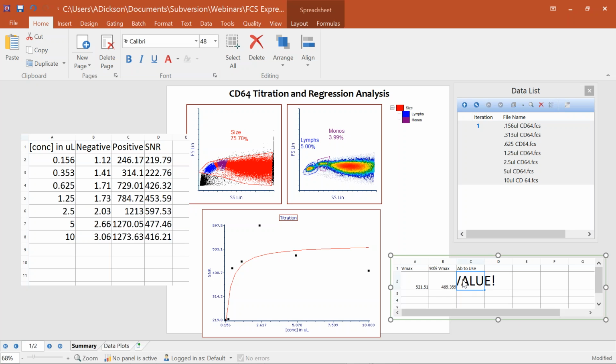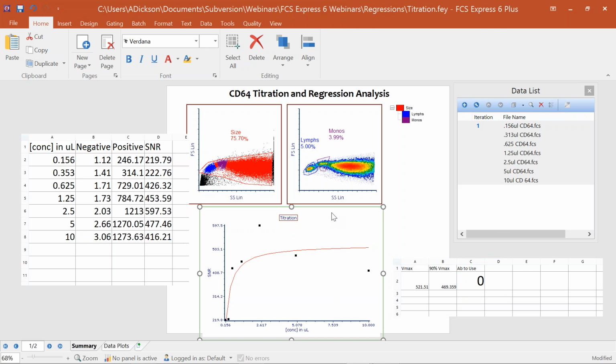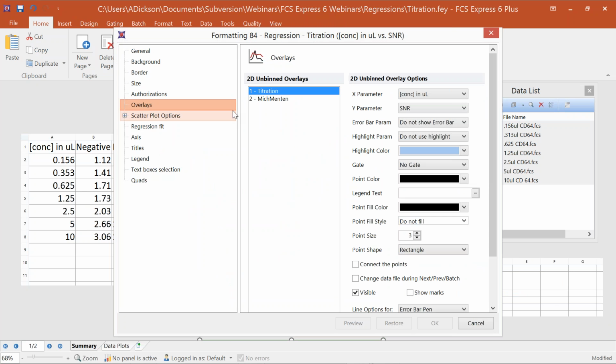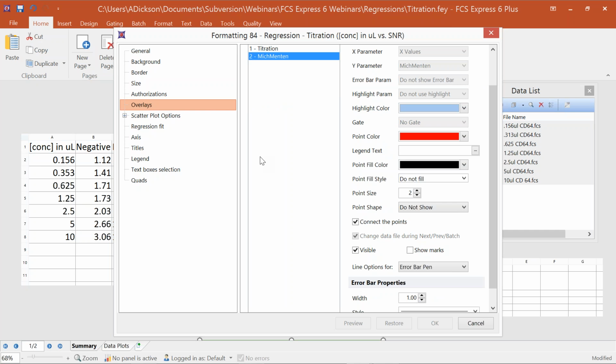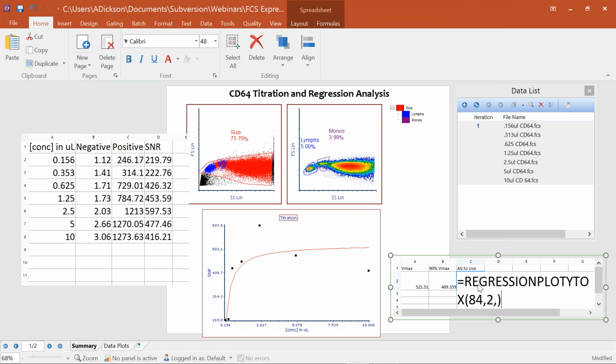Perfect. So notice it's giving me a warning because I still need 2 more bits of information. Now to find the overlay information, I'll show you where to find that. If I double click on my plot and go to the overlays category, this is where we get the list of overlays and the numbers. So the first one is actually the titration data, and the second one is actually the number we'll use with our Michaelis-Menten. So you can see here that I've entered the 2, and now one more bit of information, my